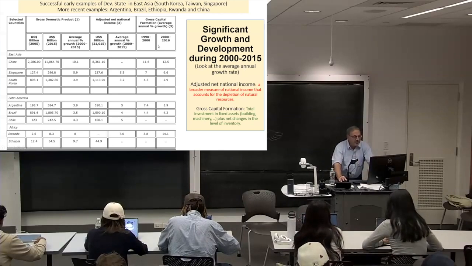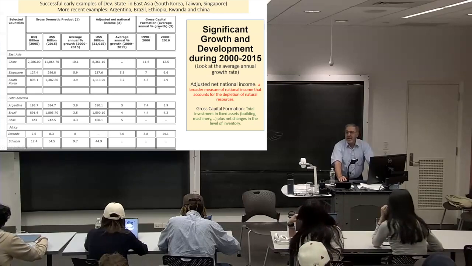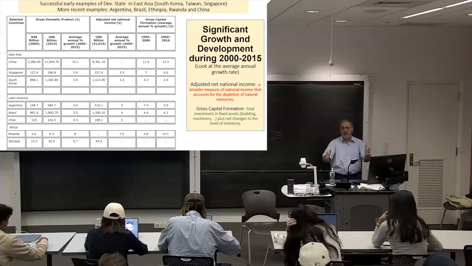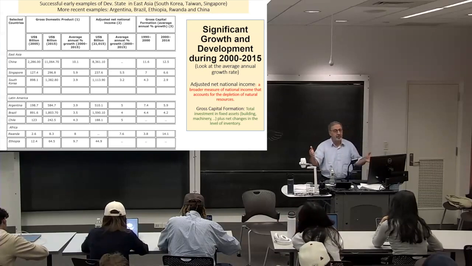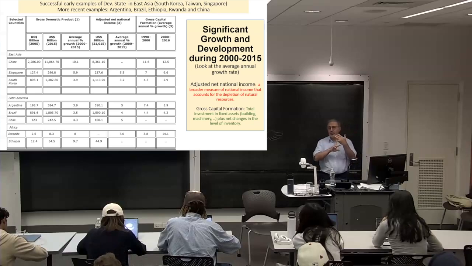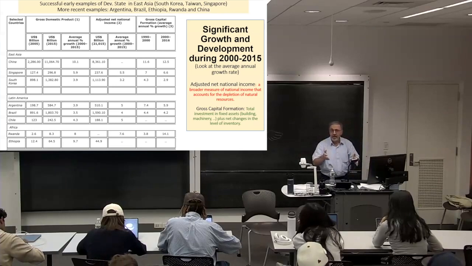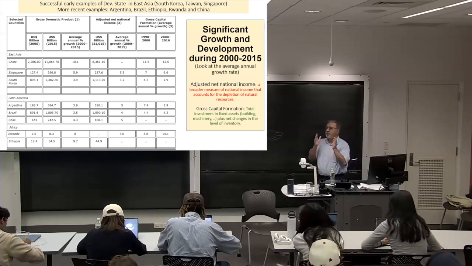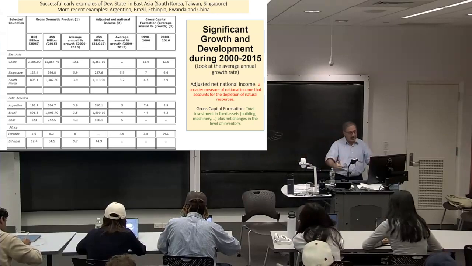And then, corresponding to that, look at the gross capital formation. Again, the data shows average annual growth of gross capital formation. The amount of investment. Investment is a key ingredient for continuous economic growth, because you need to increase your production capacity. It could be human capital, it could be machinery, buildings, infrastructure, and most of that in these countries is public sector investment, meaning that government itself directly invests a significant amount of money in the economy.